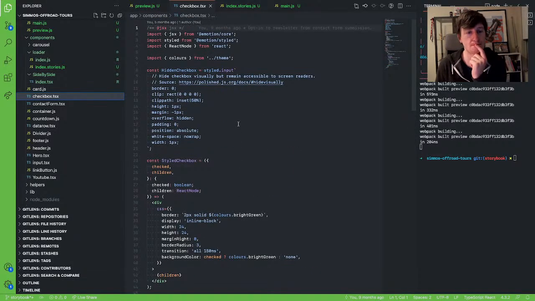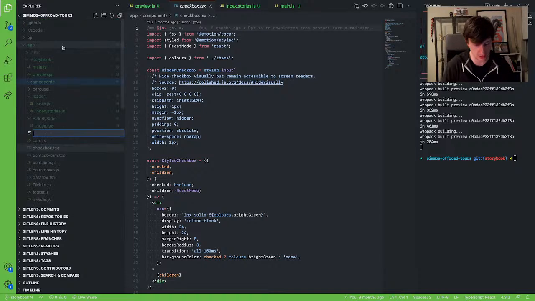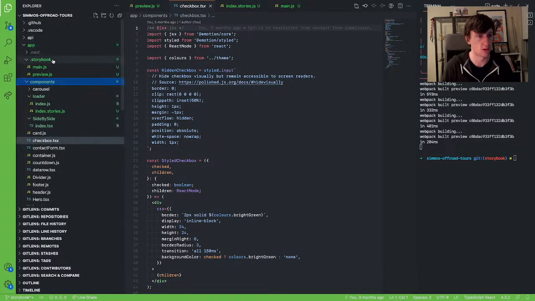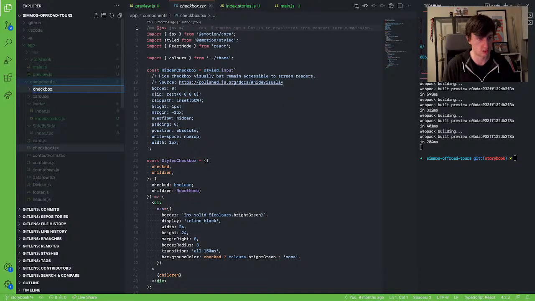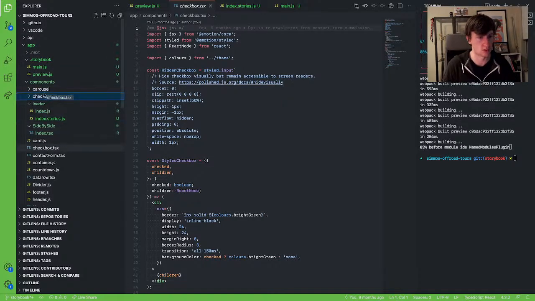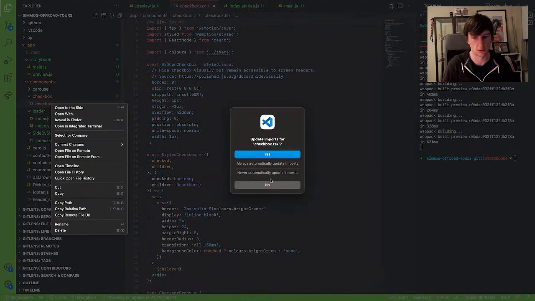Okay. Let's try this. So I'm going to do this again. Component. Checkbox. I'm going to put that in here and